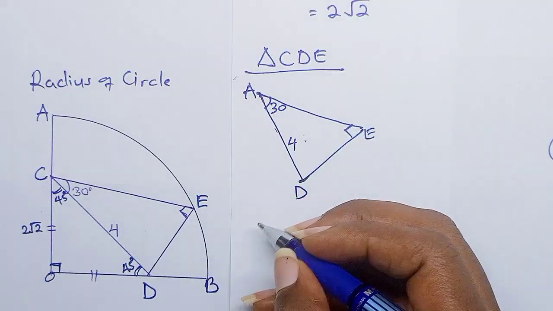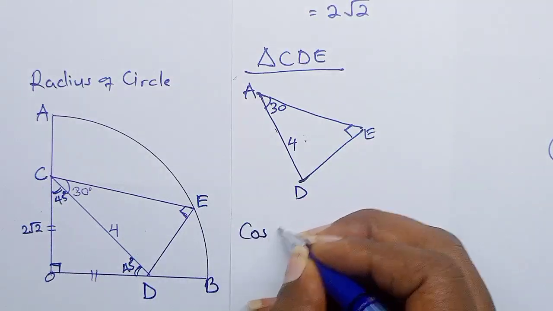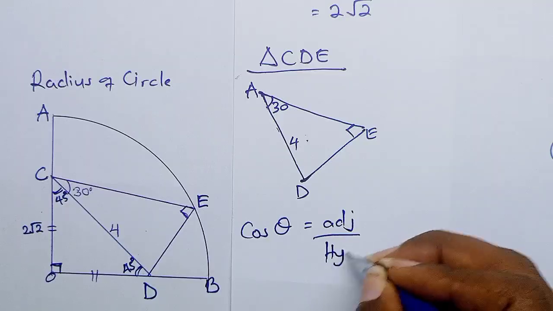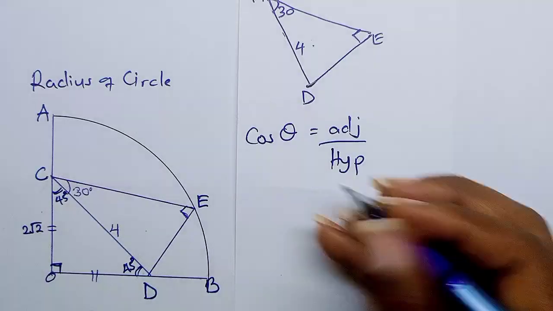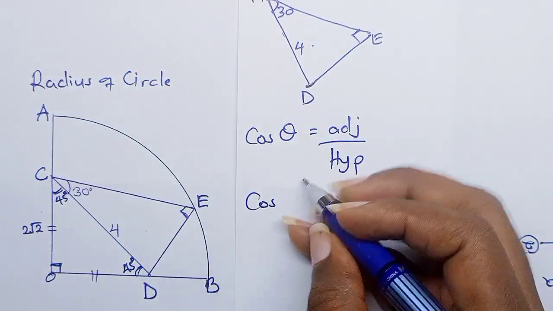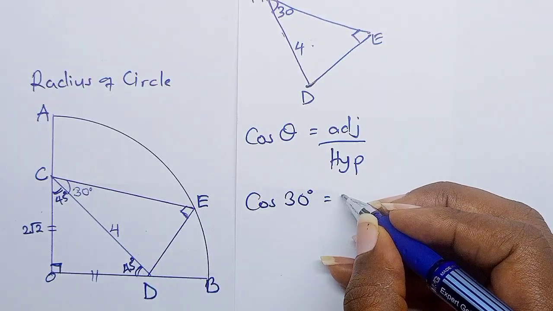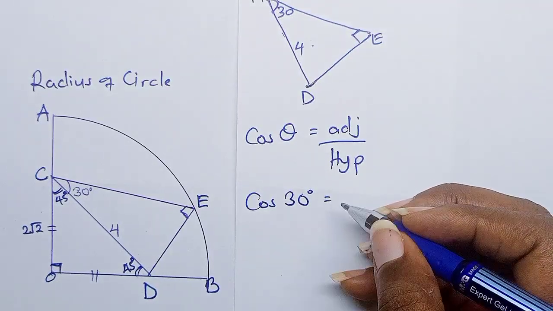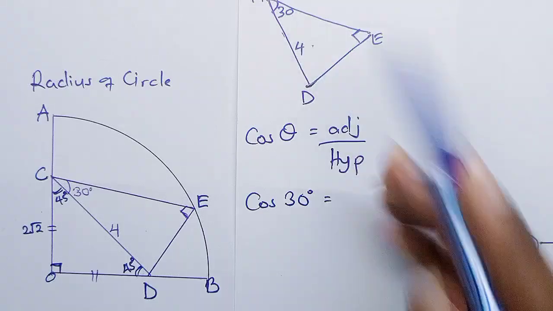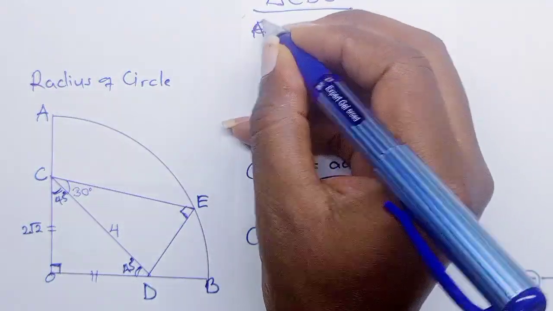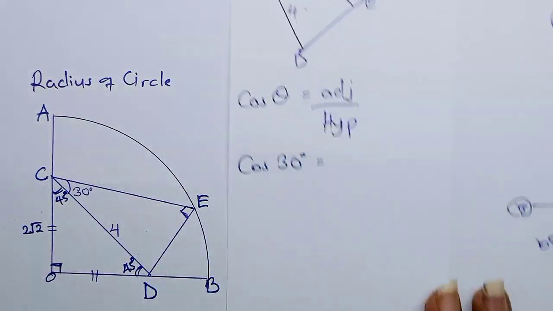So again, using cos of theta is adjacent over hypotenuse. So cos of 30 degrees will be equal to, no, this was C, not A. It will be equal to